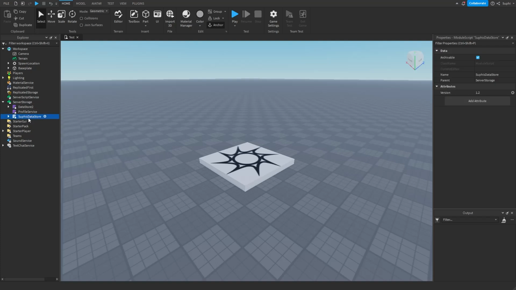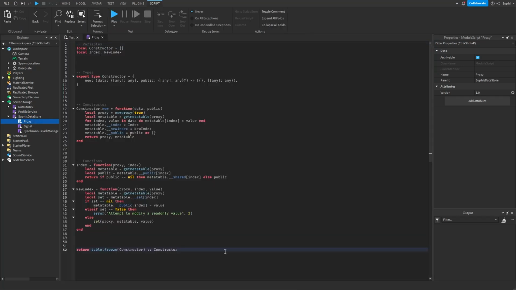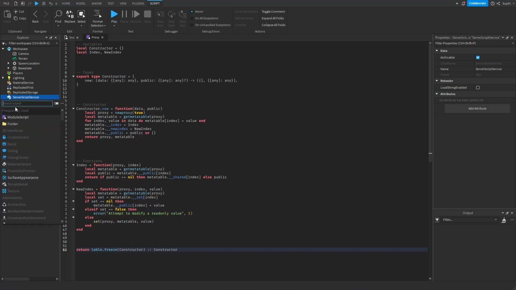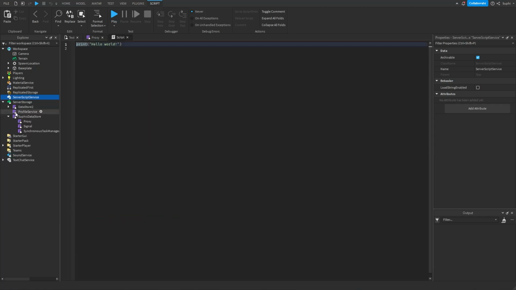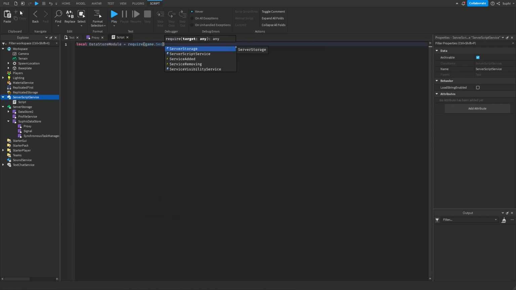So here we see the main part of the module, and within this module, we have some sub-modules just like DataStore2. And the main module is going to use these submodules to function. Now, if we first take a look at proxy, the job of the proxy module is to sandbox the other modules. So what that means is if I create a script and if I require Suphi's DataStore module, and if I create a DataStore object,